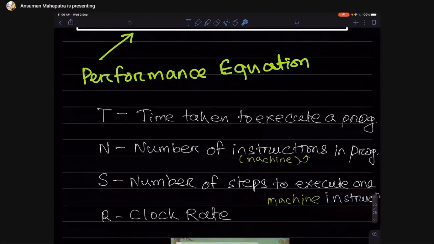What is the difference? In the previous class, for the addition operation we need multiple steps. The addition instruction is a single instruction, but for that we need multiple steps, so that is S. So S and N will be multiplied.